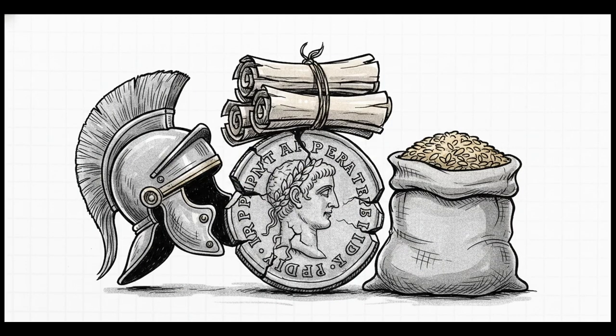And let's be clear, this wasn't just about greedy emperors trying to get rich. Debasement was a desperate solution to some really deep structural problems. As you can see here, the Roman state had these massive, politically untouchable costs: a huge military that was always demanding bonuses, a sprawling government bureaucracy, and social programs like the free grain for the people of Rome. When taxes couldn't cover it all, debasement became the tool they used to fill the gap.